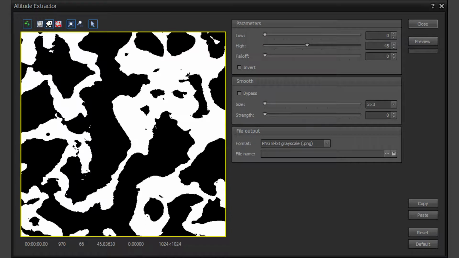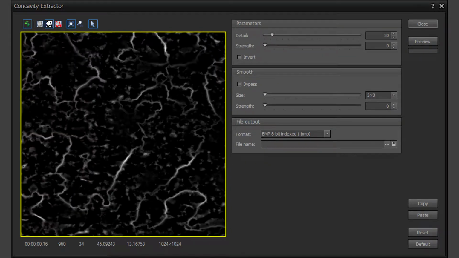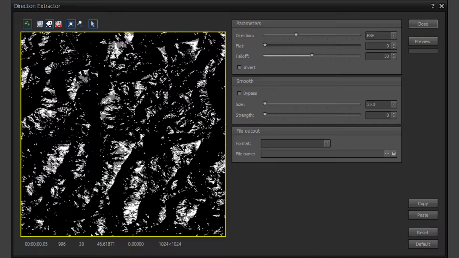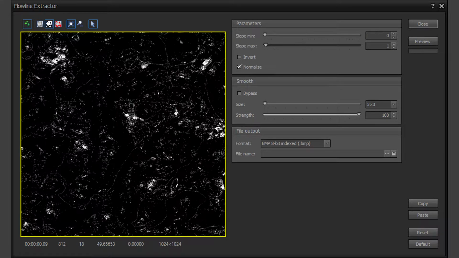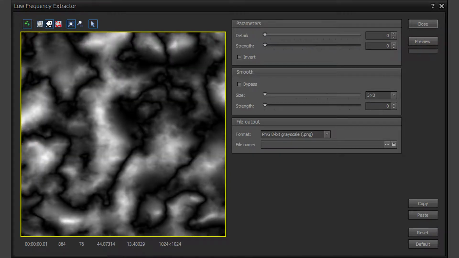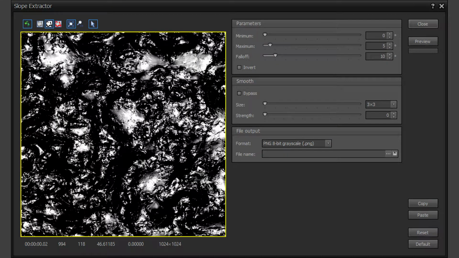Using the TerreSculptor extract functions. The extractors provide a method for extracting or obtaining or deriving masks based on specific features of the current terrain shape. These terrain features vary by the extractor type and include such things as by altitude, by direction, by slope,